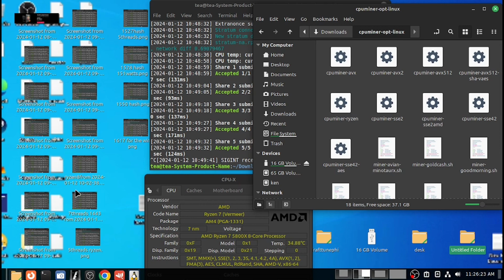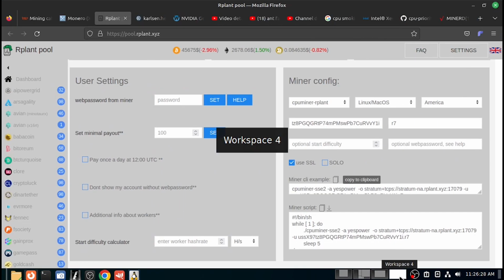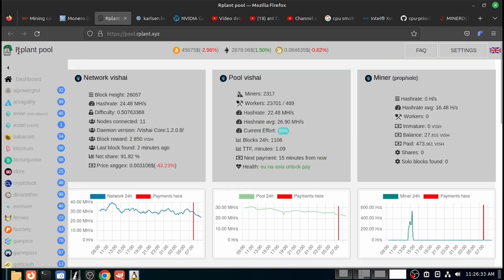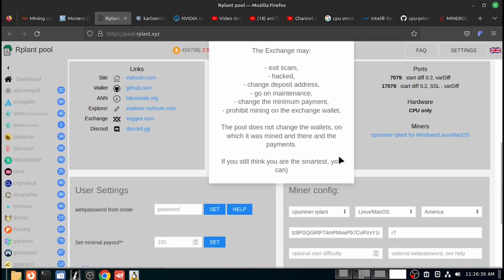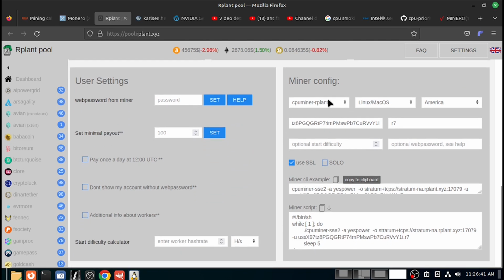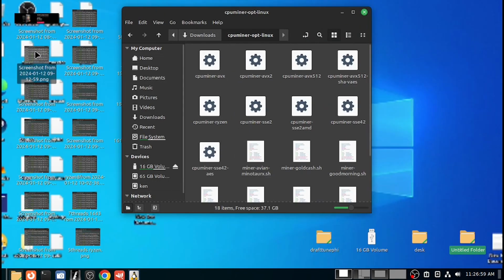Okay, on my first test, I did the SSE2, which is when you're building the script, like on our plant, they have a shortcut to the miner config file. So that's the choices right here that you get. Here's your mining address, and this is just the name, and then it'll make this script file for you down here. And if you see the beginning, it starts off with SSE2. So what I did is I ran the miner like that,